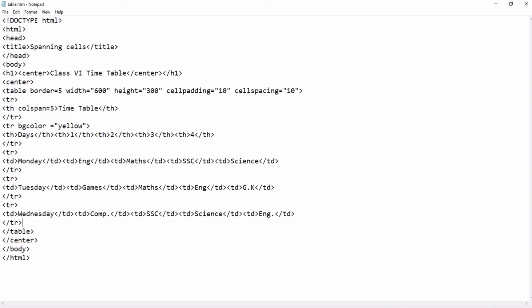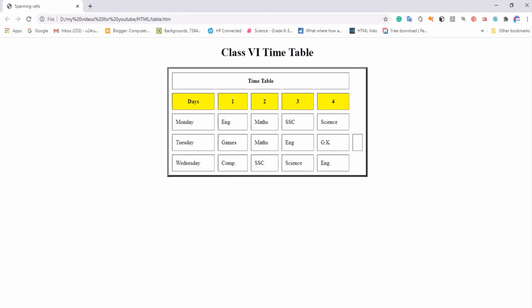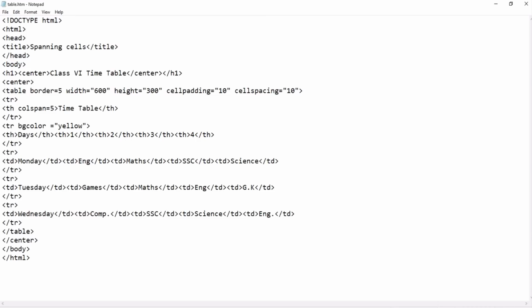Cell alignment means the alignment of the cell. By default it is left aligned. So how to do that also? You can easily create your class timetable with the help of this. That's why I have taken this timetable example only.